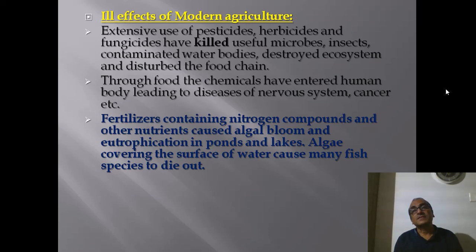Similarly, fertilizers were used to increase the fertility of the soil, and these fertilizers mainly contain nitrogen compounds and other nutrients. When washed by the rain to nearby water bodies like lakes, ponds or rivers, it will lead to algal bloom, that is, an increase in the growth of algae on the surface of the water body. That may be blue-green algae or chlorophyceae species or any other type of algae which completely cover the surface of the